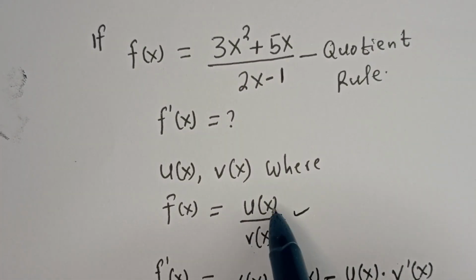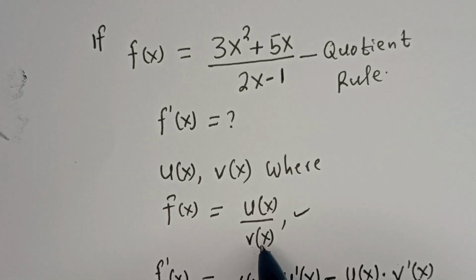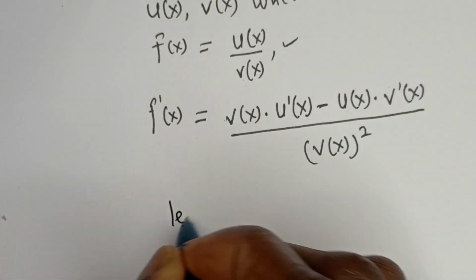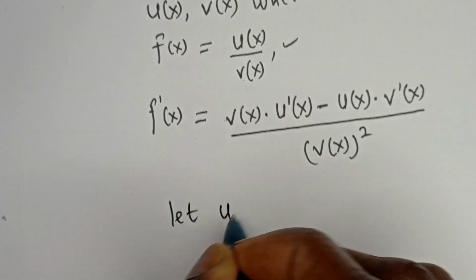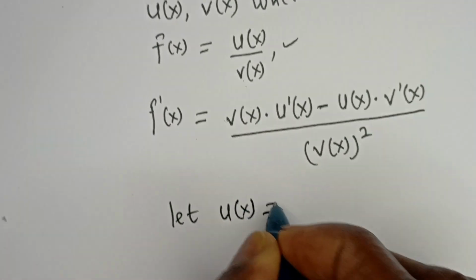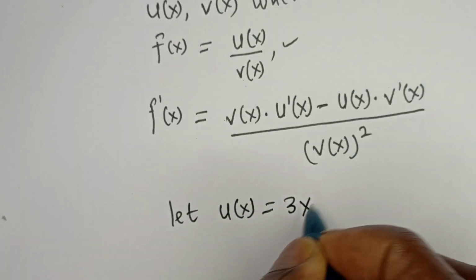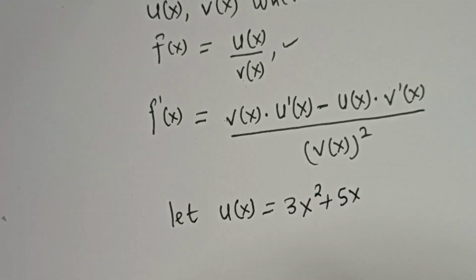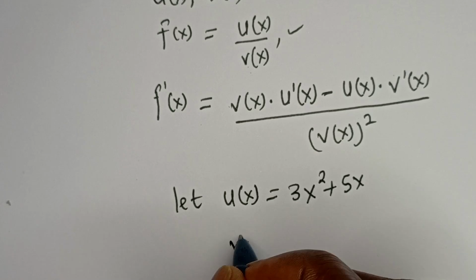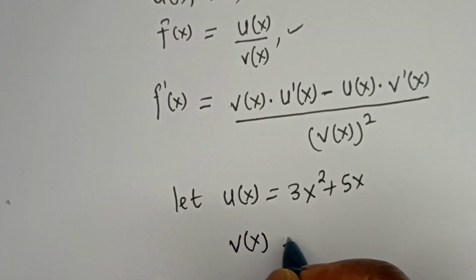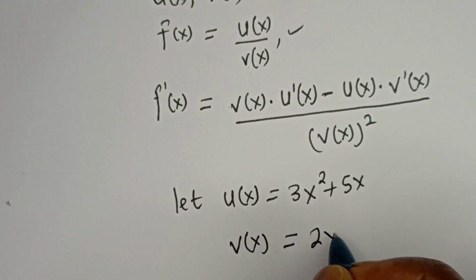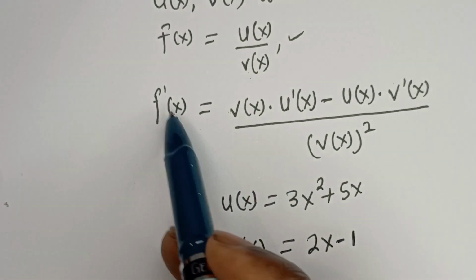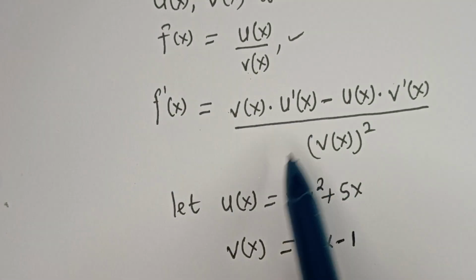form of u of x divided by v of x. Then we can say that let u of x be equal to 3x squared plus 5x, which is the numerator, and then v of x is equal to 2x minus 1. Then based on the f prime of x, which we are looking for, then